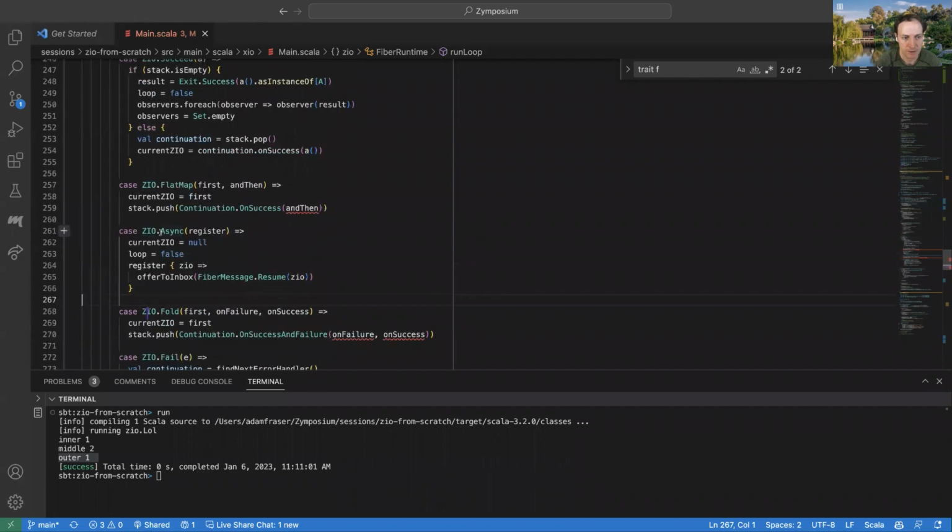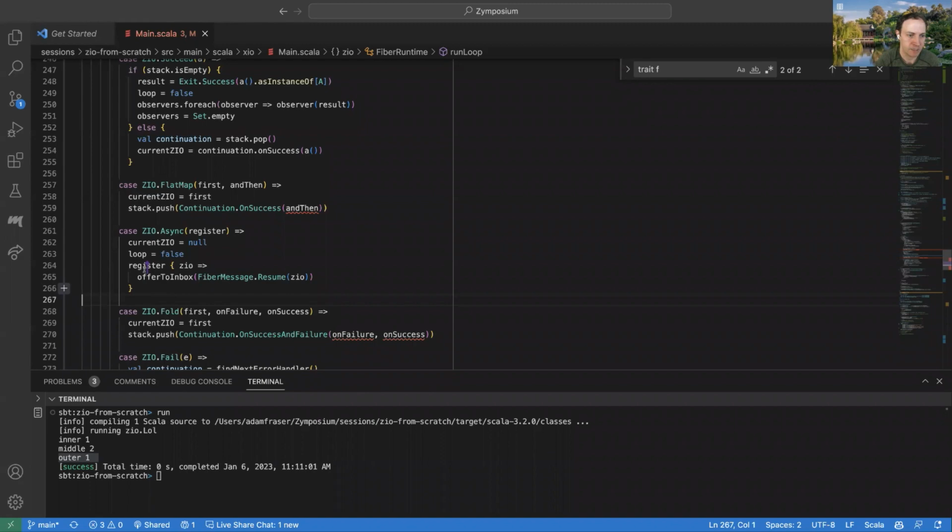When we get to one of these async things, we just stop running ourselves and we give the callback-based API a callback that says, hey, when you've got a result, send it to our inbox, and then we'll process it. And so this gave us a very simple way to describe these asynchronous computations.